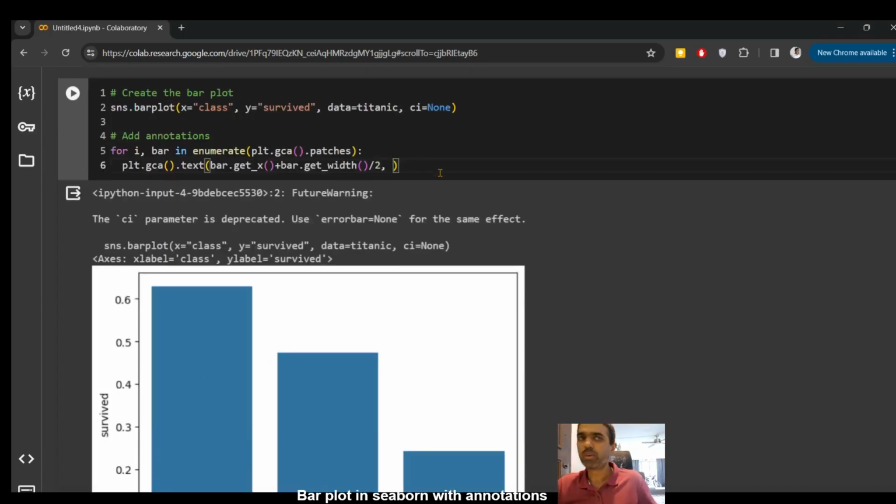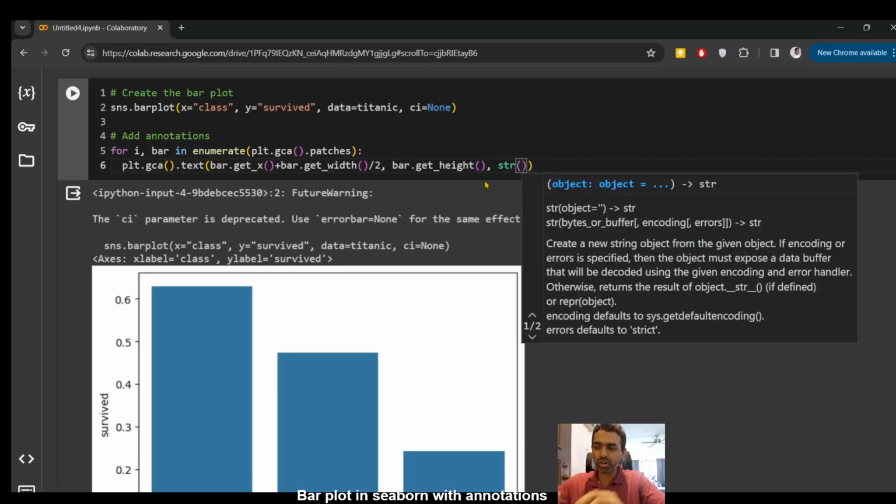Now I got to go up. So very simply, I'm going to say bar dot get underscore height, right? So I came from x initial position to half of the bar and then I went up, right? So that's basically what I put down here. So these are the coordinates of where you want to put the text. Then I want to say what the text is actually going to be. So I'm going to say the text is a string of,